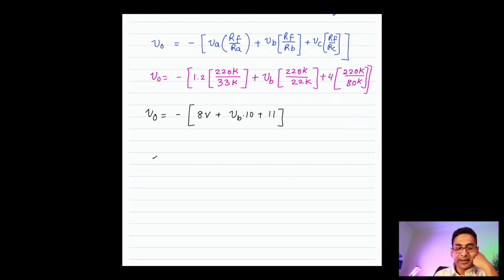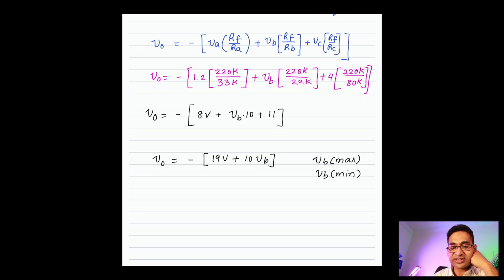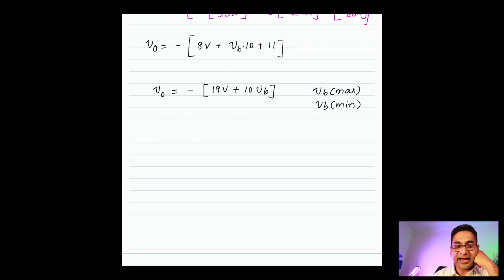V output, again I'm going to simplify this, is negative 11 plus 8, which is 19 volts, plus 10 times VB. Okay, now if you think about it, we are supposed to calculate the range for VB. VB maximum and VB minimum before saturation. Okay, so the idea is this guy,